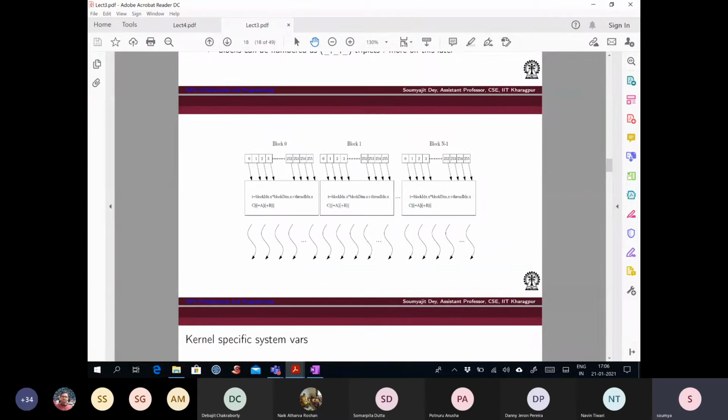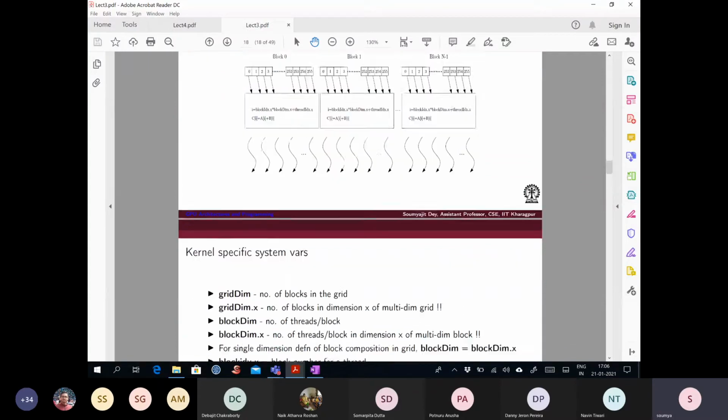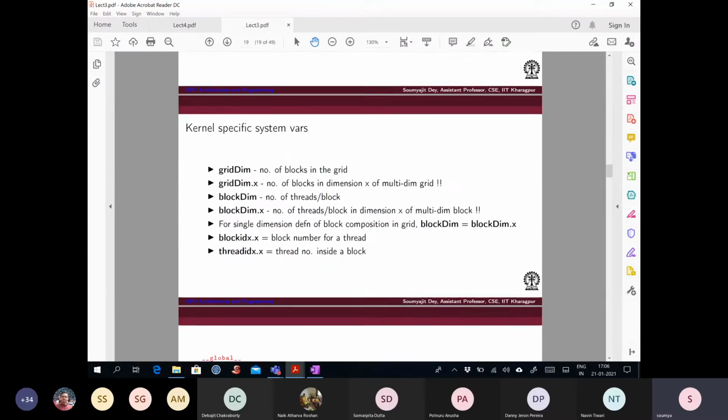Those are the things which have been discussed here in the slide, like how the threads get packed based on your block dimension, how the threads are sequenced. And for each thread, what are the system variables that will be known inside? These are the overall system variables that you have for a given GPU system that you are running. So you can specify through these variables what your grid dimension and block dimension would be in the X, Y, and Z dimensions, right?